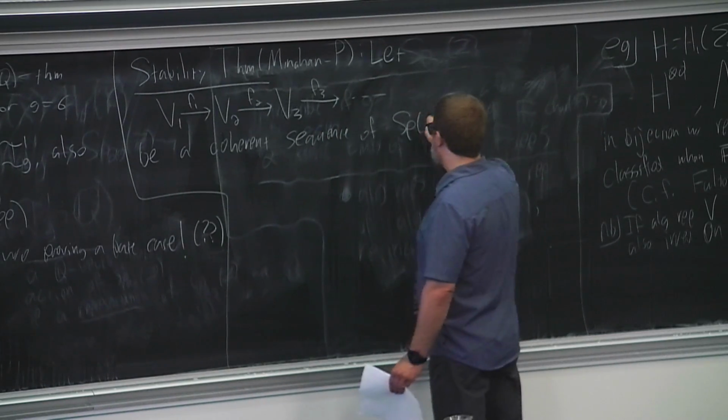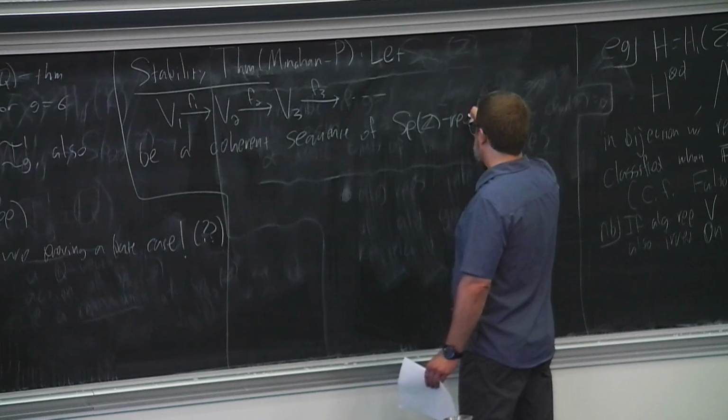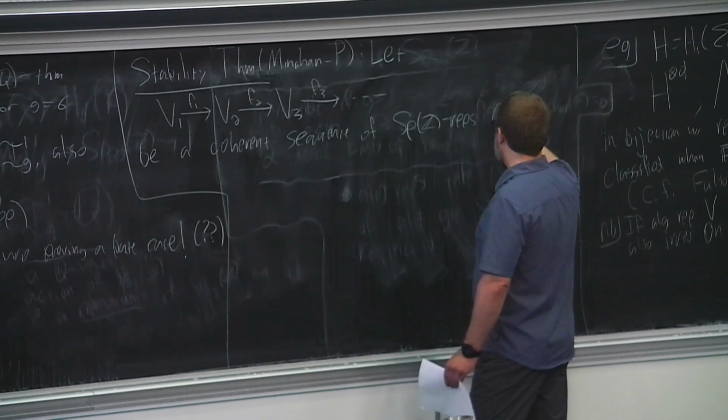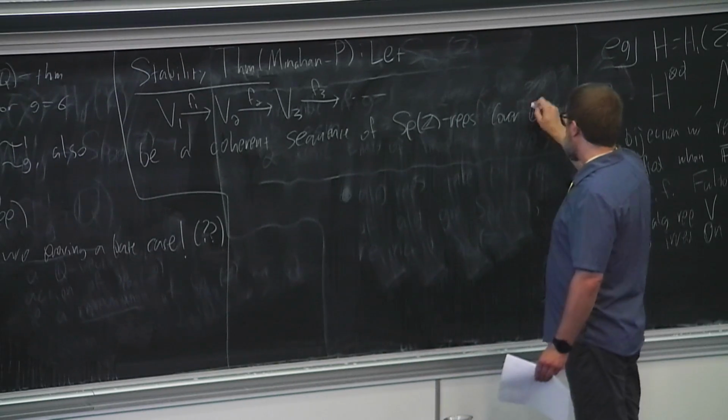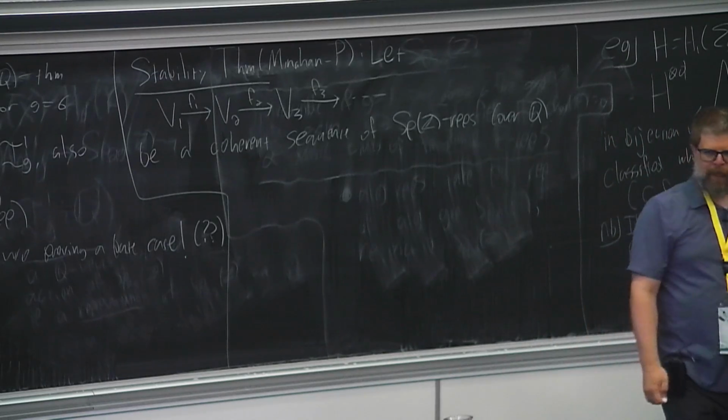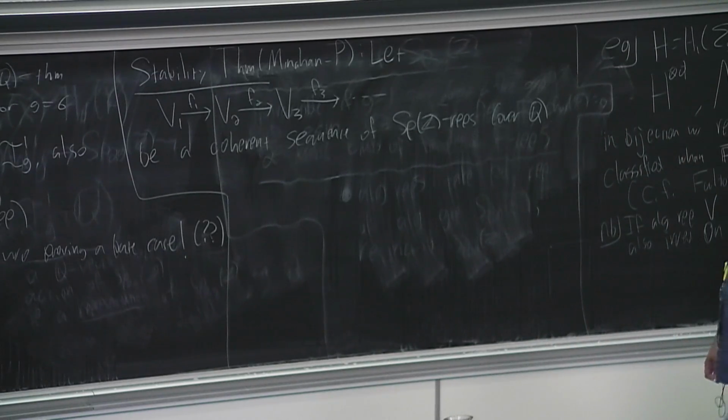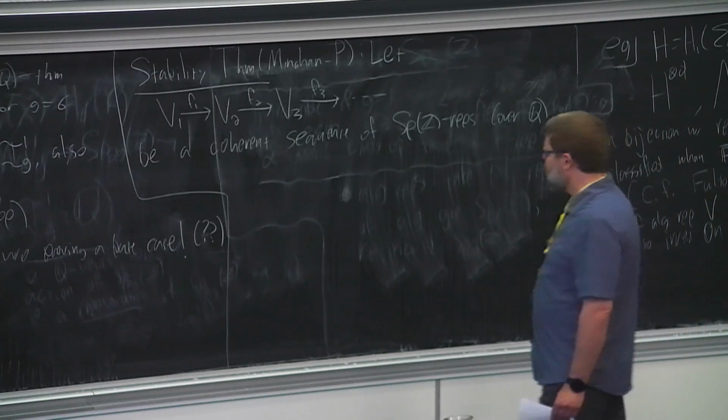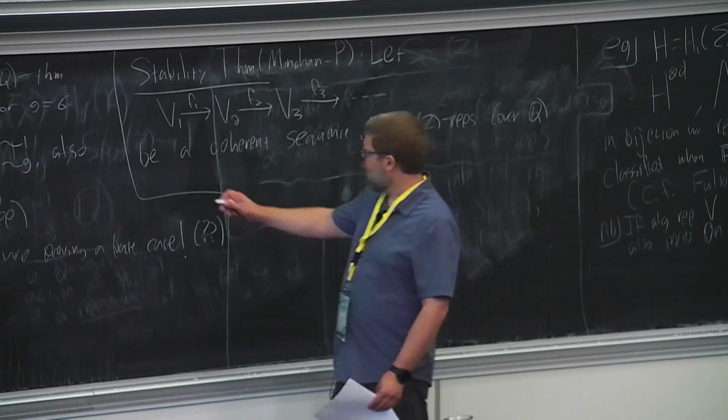of Sp of Z reps. Let's say over Q, but the field doesn't really matter. Over any field of characteristic 0 would work just fine. Okay? So what I want to do is the conclusion then. So let's assume